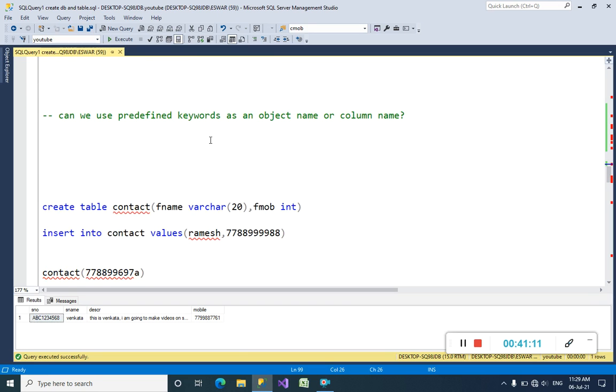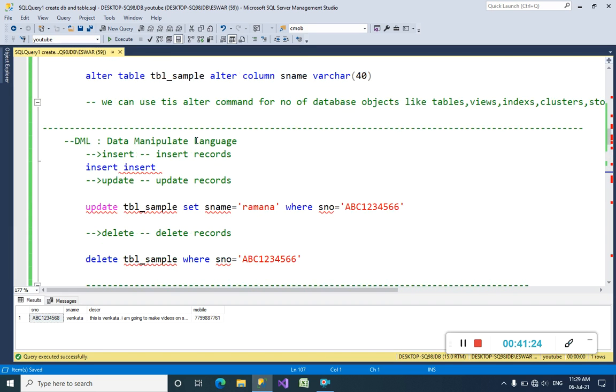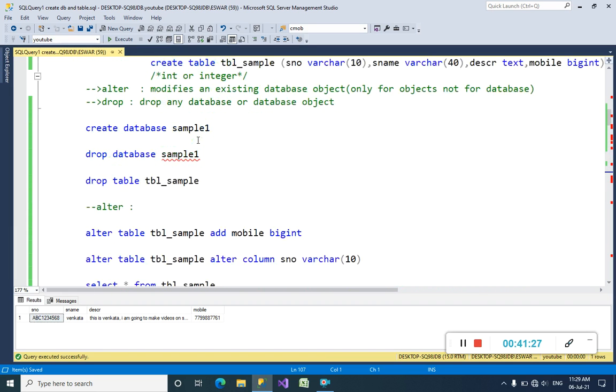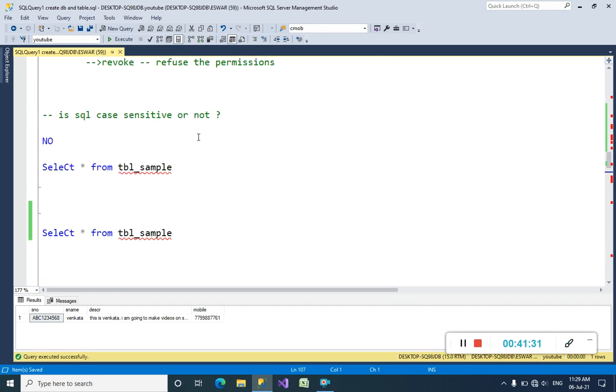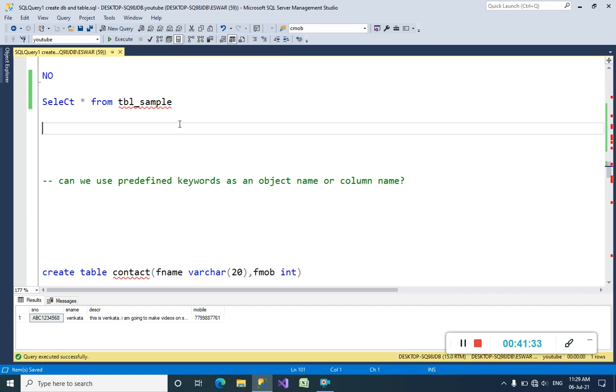Can we use predefined keywords as an object name or column name? This came up in one of the previous statements, guys. Actually, I want to create a table.